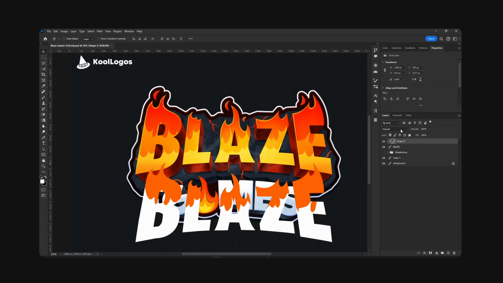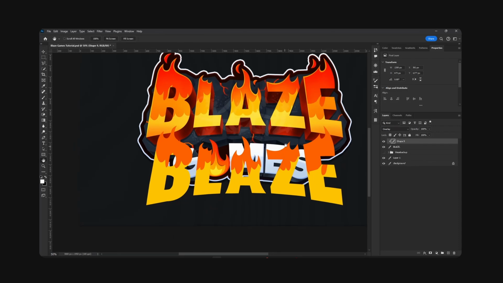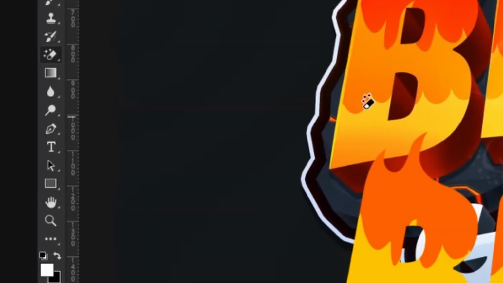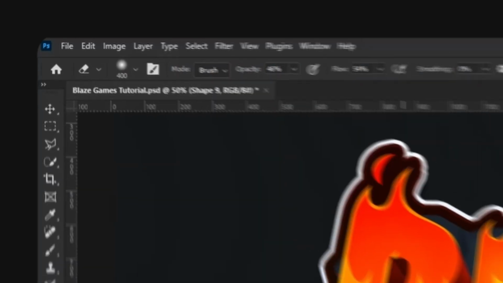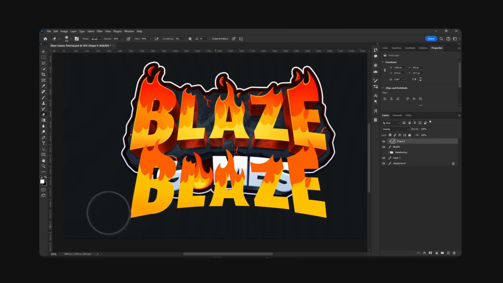Okay, so I think we go overlay, and if you hit E or go here, eraser, copy these settings up here. We use this to add a slight kind of fade to the effects here, and we can copy this once more for a second layer, just like so.